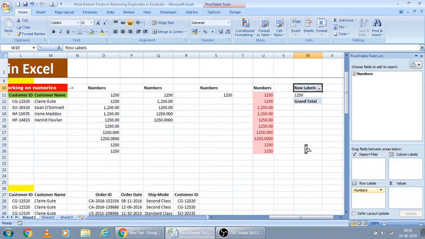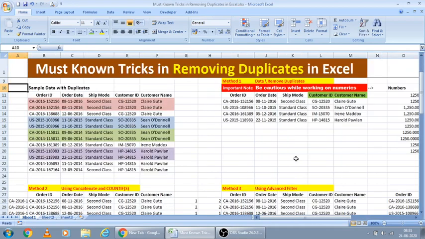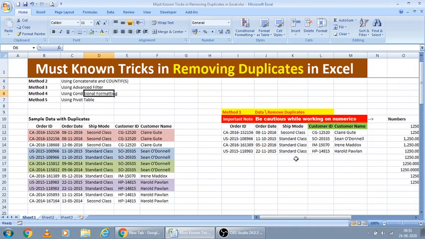So it's showing only one time. So in this method also the numerics have no issues. Only in the Data, Remove Duplicates method do we have to ensure that all numeric fields are in a similar format.